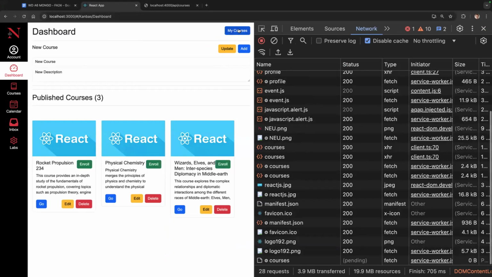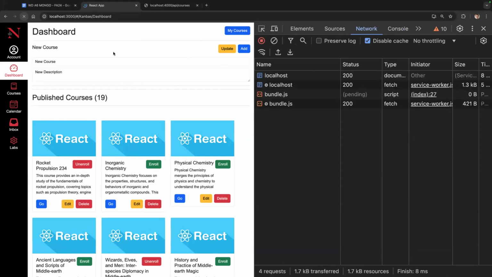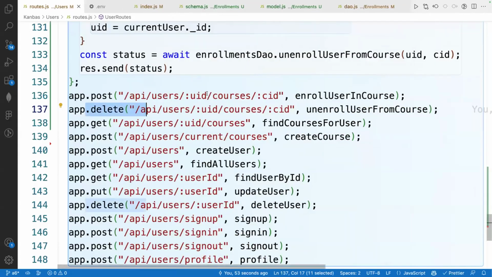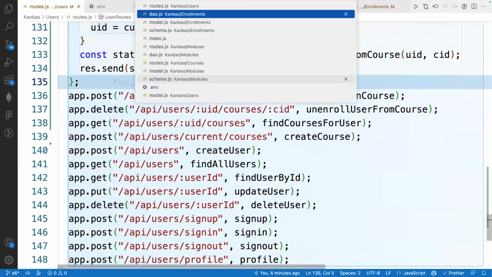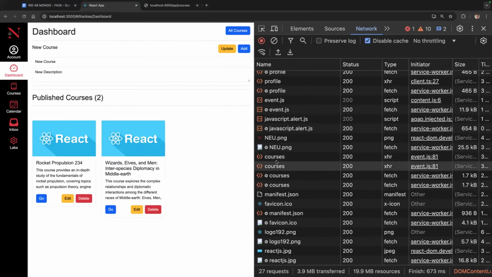As well as unenrolling, I should be able to unenroll, right? If I refresh, notice that I only have those two. See that? Now, one thing to point out, right? The way the DAO is doing this, because notice that here when I get the enrollment,